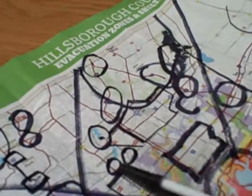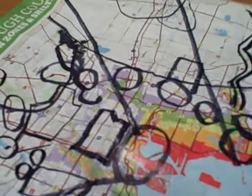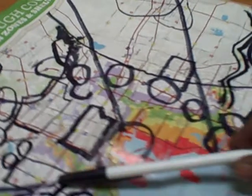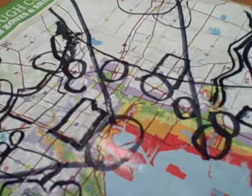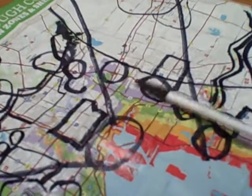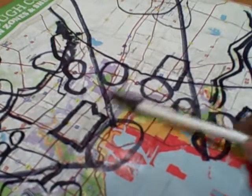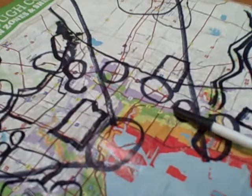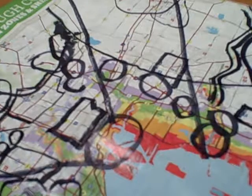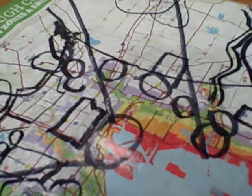And of course the above ground waters, the lakes and whatnot. And everybody knows around the Hillsborough River corridor, flooding occurs frequently. And as you get to the eastern part of Tampa, in this area here, this is essentially where you see purple. That's going to be underwater. The rivers, the lakes will be expanded, the marshy areas, and so